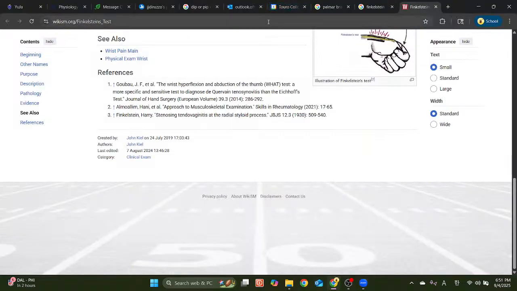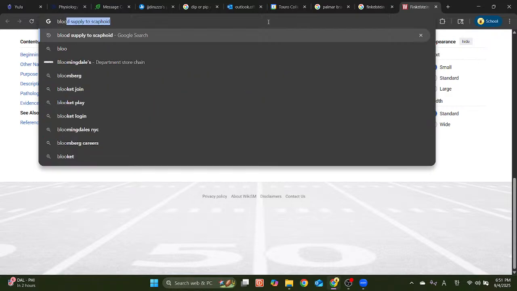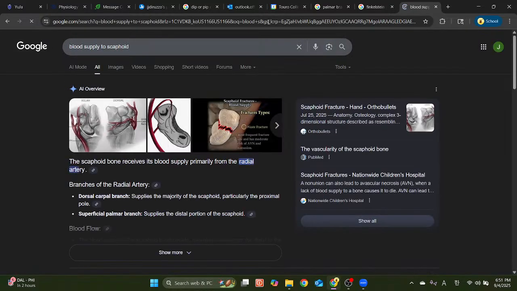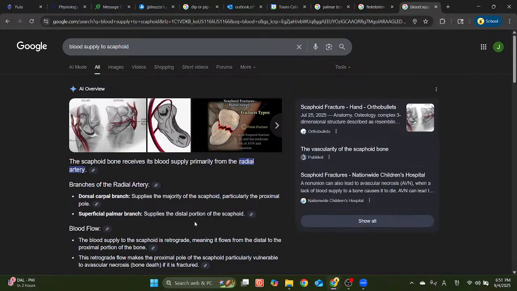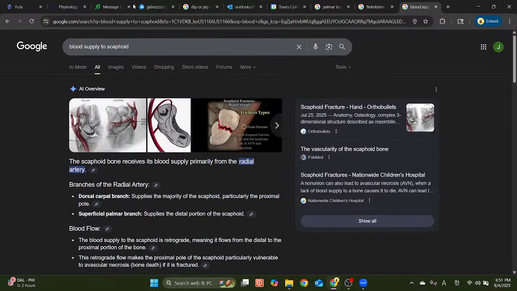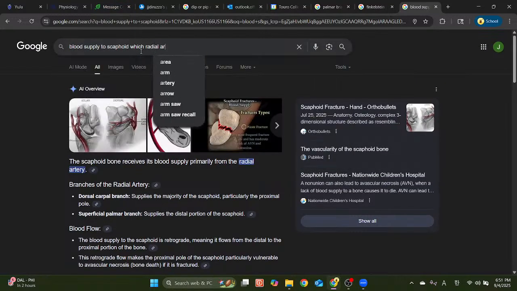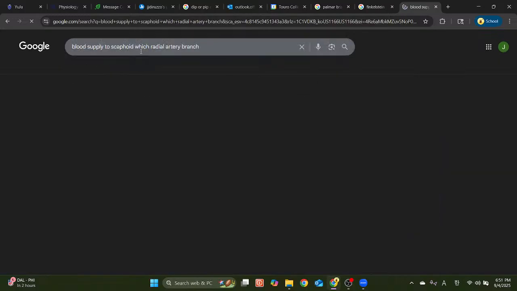Okay, scaphoid was the only one. It's just the one that's most likely to be injured at the snuff box. So when you have positive snuff box tenderness, it's most likely just going to be the scaphoid, just because it's closest